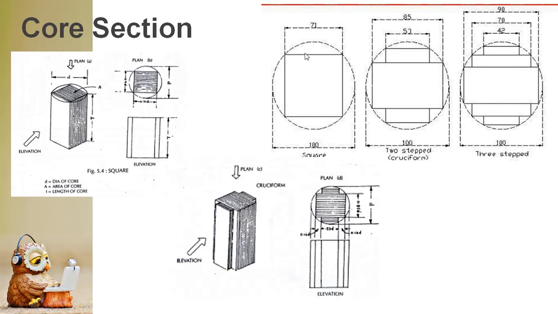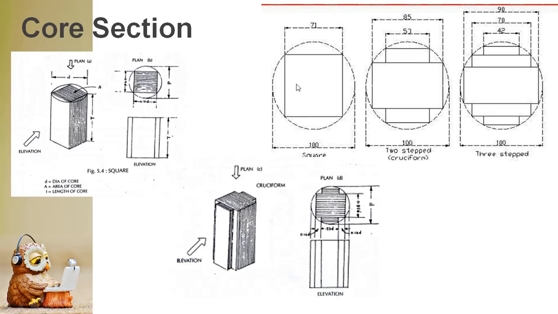So we have a single step, which is nothing but a square. Two-step, cruciform. Three-step. Clear? Now, for example, let me take this limb. You see this limb from the top view. It just looks like a square. That is the top view they have drawn here. And what about this circumcircle? It is just an imaginary circle. You can see here also, it is an imaginary circle used to draw this core section, right?